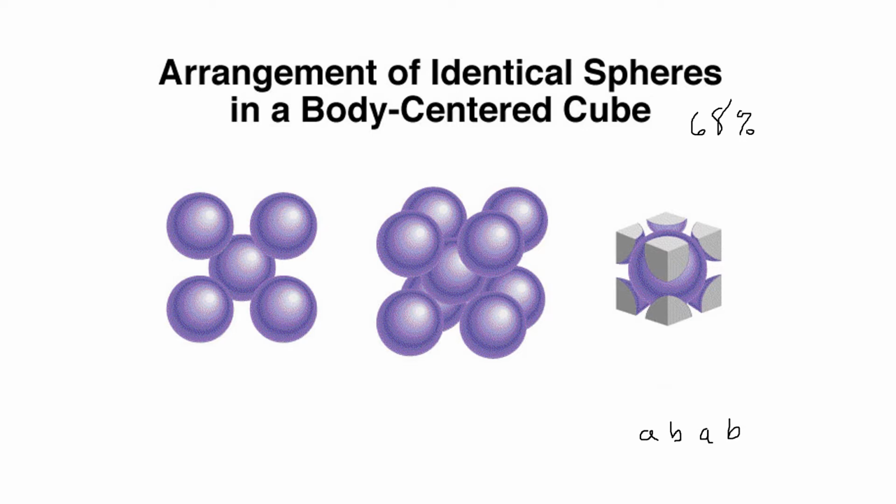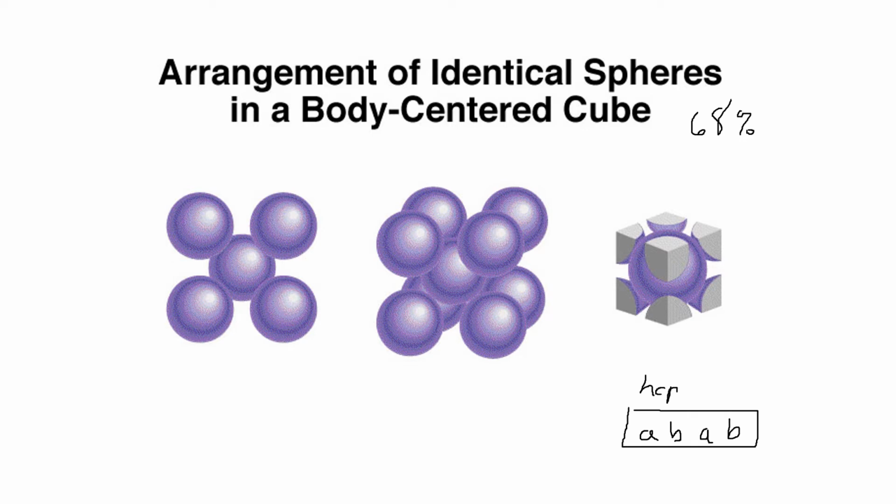So this is the first layer, and the second layer nestles in the opening between the atoms in that first layer, and then that first layer repeats itself again. So it's A, B, A, B. Okay, so that's the packing pattern. This is also called hexagonal close packed, or HCP,